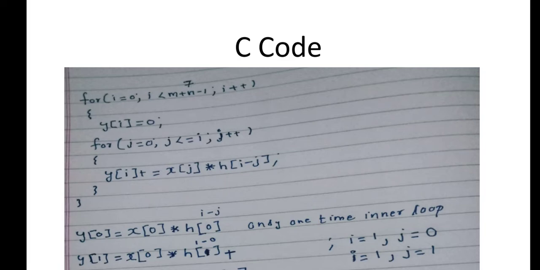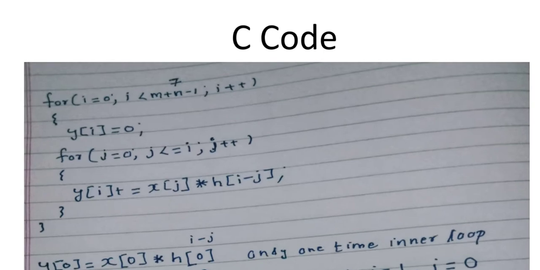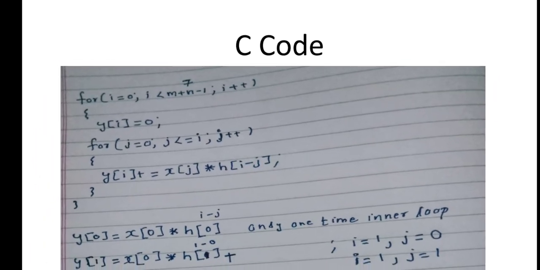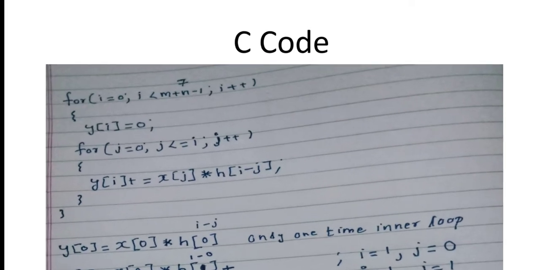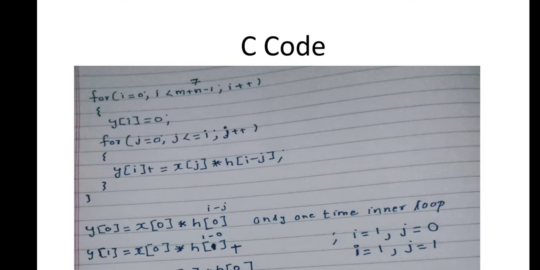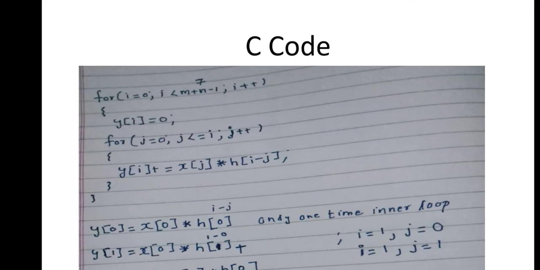And definitely the outer for loop should run for the total number of output samples which it has to calculate, which in my case will be 4 plus 4, 8 minus 1, which is 7. In this code, the variables used are m and n, where m is the length of x and n is the length of h, which is 4 and 4, samples minus 1. So my output is y of i, from y of 0 to y of 6. So let's see this code.